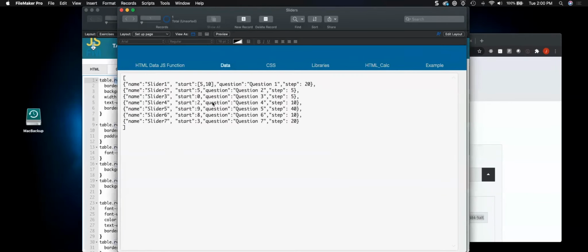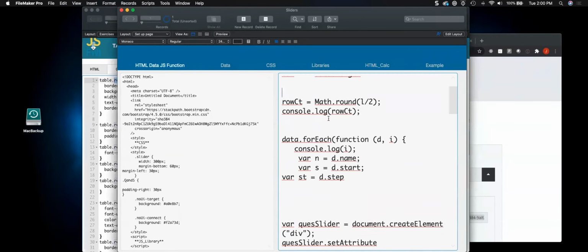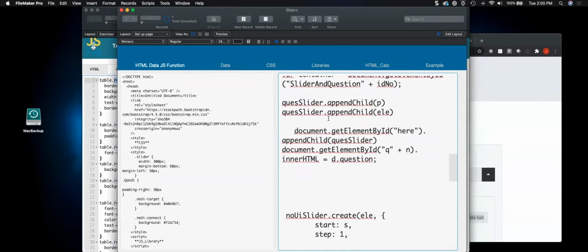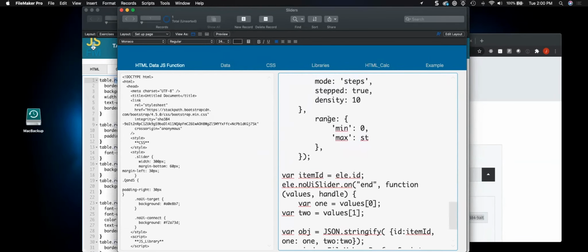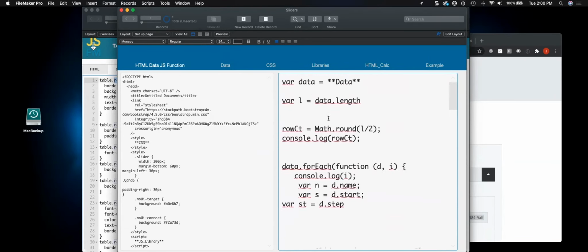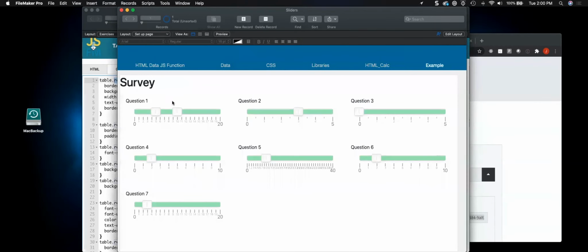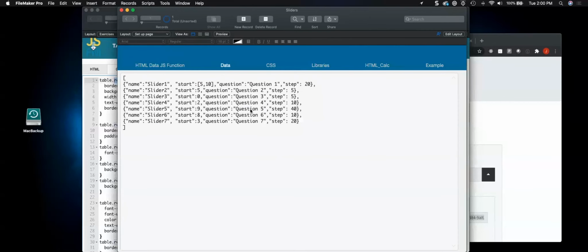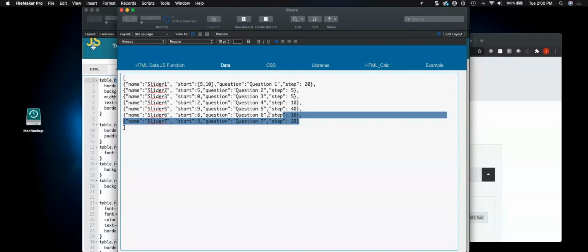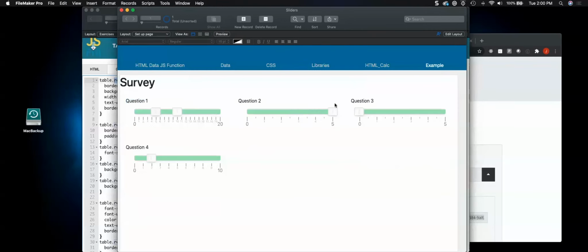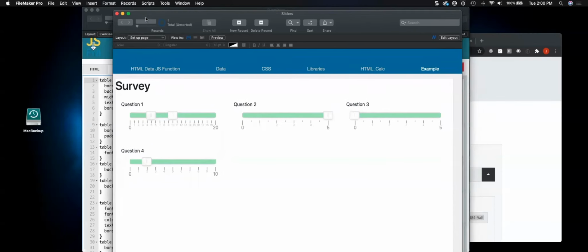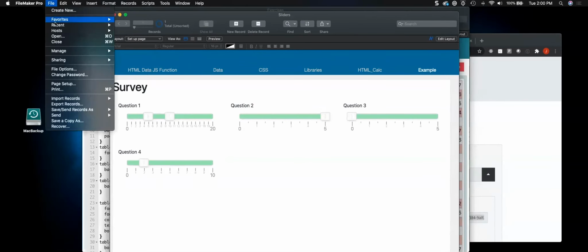Here are the questions, and my JavaScript skills finally allowed me to create a function that creates one slider element and the question. This whole thing per question, and if I strip out some of these, then I only have the remainder of the questions there. So that's what my Engage session is about, to look at the different libraries